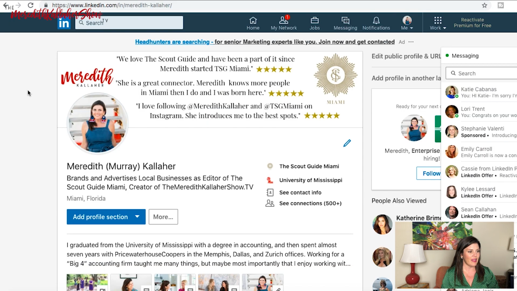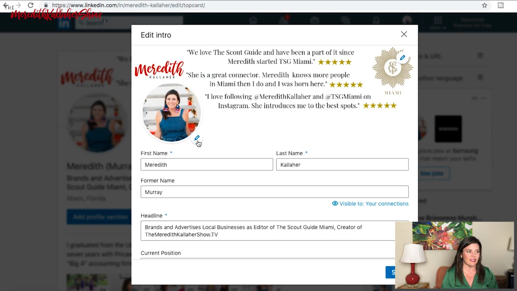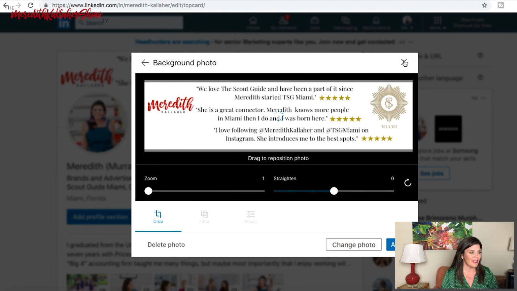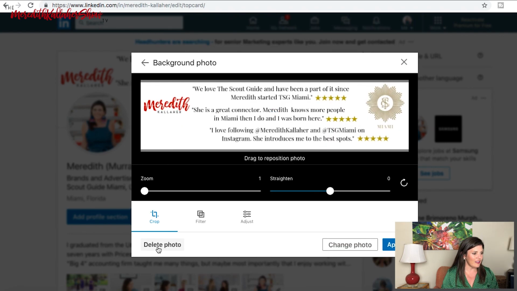So here we are at our LinkedIn profile. I'm going to click that right pencil because we want to edit this whole profile. Over there on the left pencil, that's where we could change the photo. And then up here on the top right, that's how I change my banner art. So there we are. I could delete the photo that's there, and I change photo, and it lets me upload